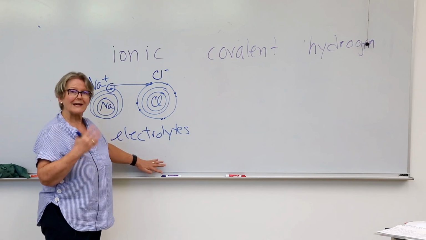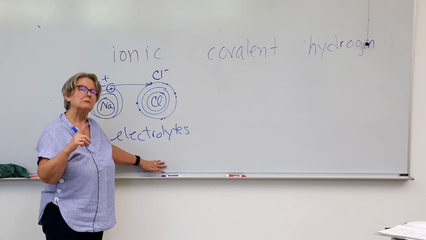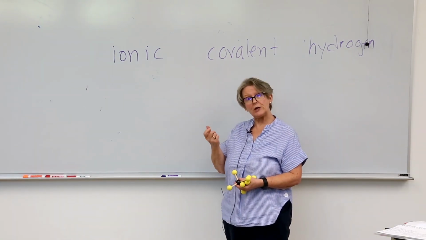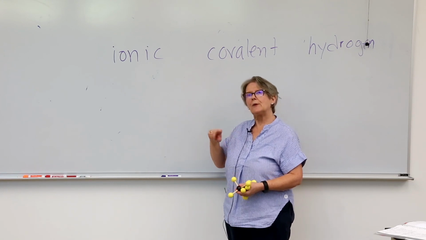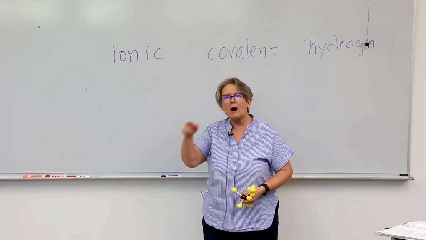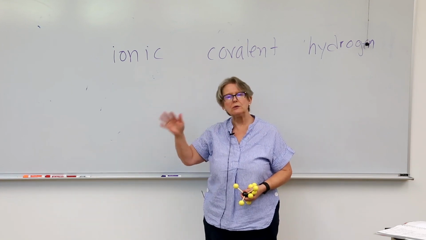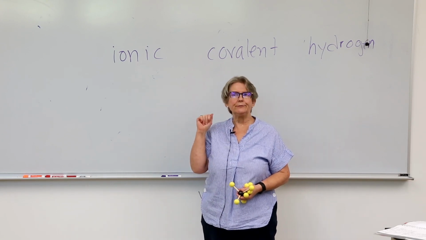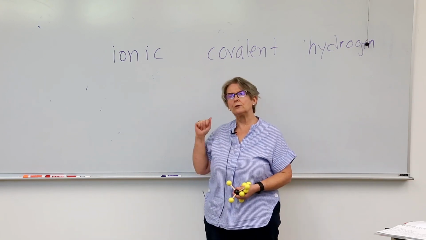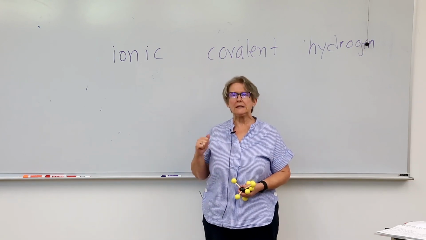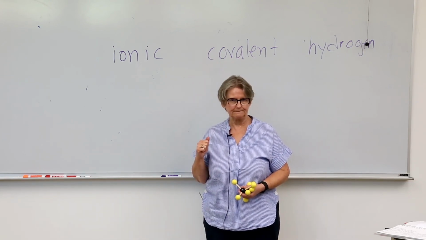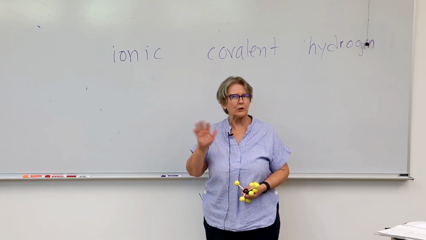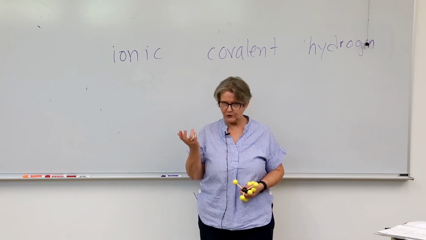So ionic bonds, as a general rule, they dissolve in water, and most of them conduct electricity. Covalent bonds, that sharing thing. The cat goes across the street back and forth. What that means is that the electrons are being shared between two nuclei. They may or may not be shared equally. It's kind of like you give the 6-year-old the Hershey bar, and tell them to share it with their 2-year-old brother. Or if you have 6-year-old twins and you give them the Hershey bar, you're pretty sure they're going to share it equally. So they're sharing and then they're sharing.